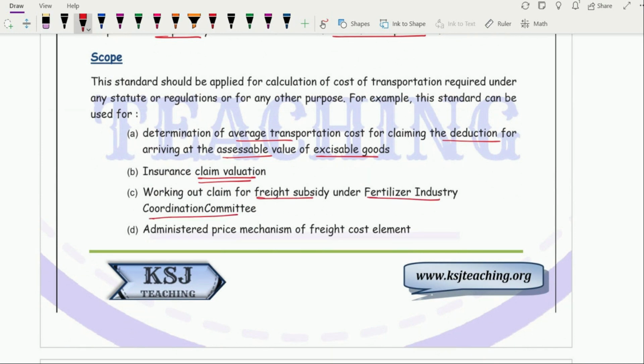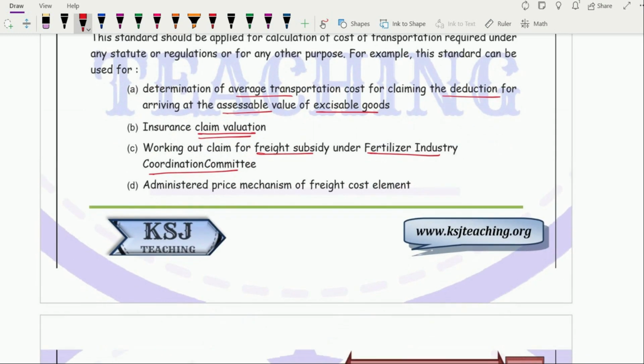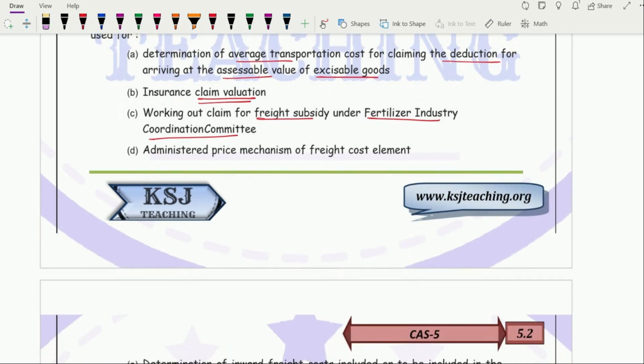If some subsidy is available, then you should know the amount of your cost so that the subsidy will be given accordingly, because they will ask for all the records, right? If there is subsidy available on any of the things, the government department will ask for all your records, right? So if your records are not properly maintained, then how will you provide them and how will you claim the subsidy then? You will not be able to do it, right?